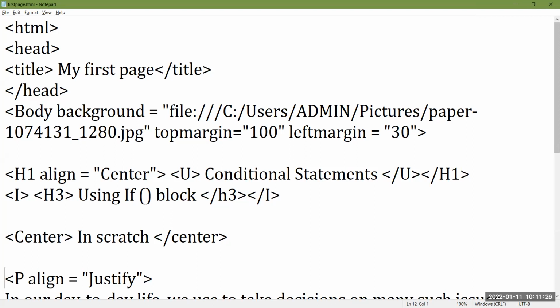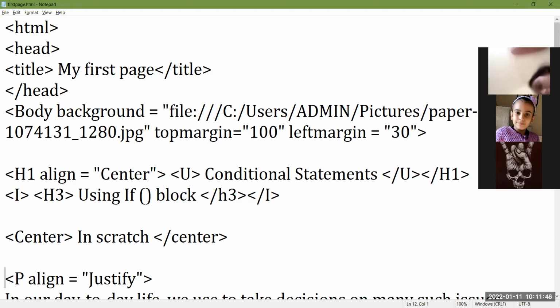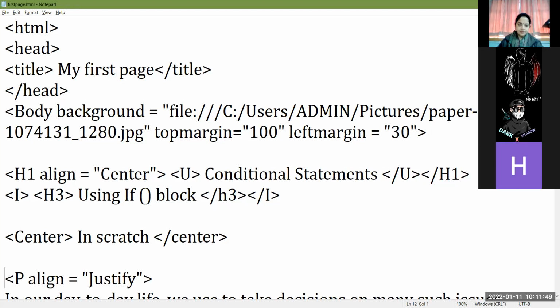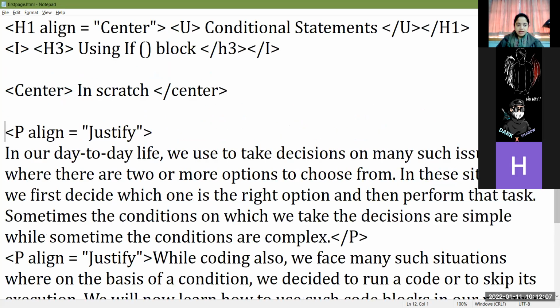What is the smallest size? Who wants to give the answer? Yes, 8. Very good, Abhishek. The smallest level is H6 and it uses font size 8. For heading levels, heading tags automatically make the text bold, and they automatically insert a line break also. So next is the paragraph tag.